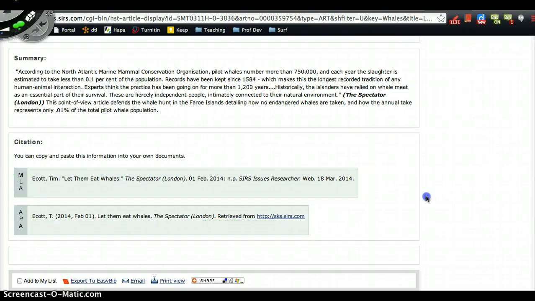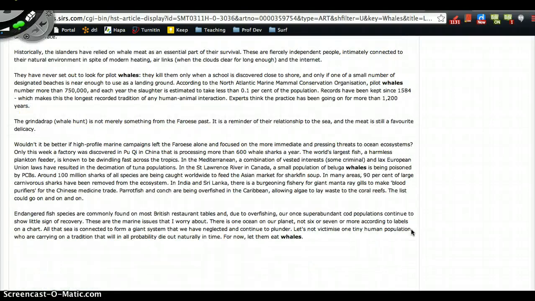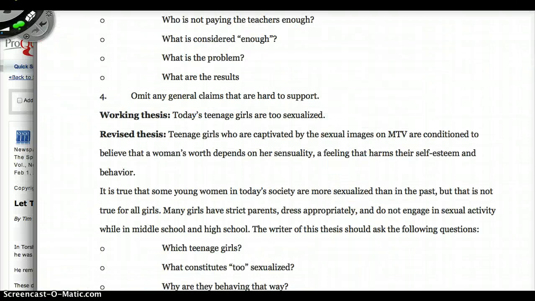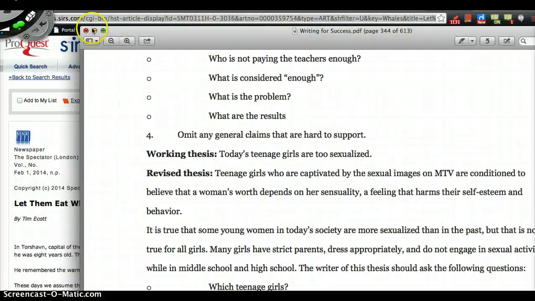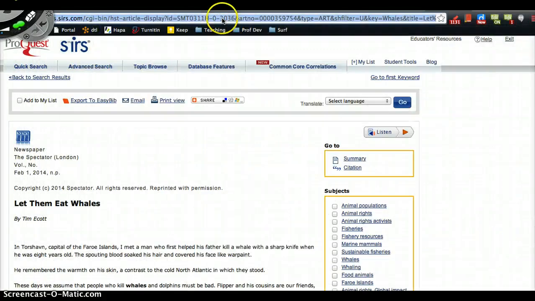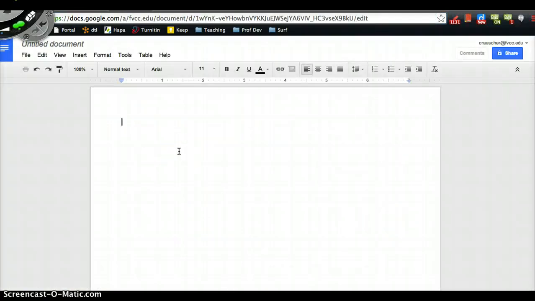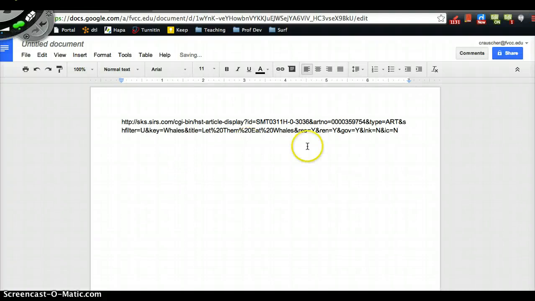Now the next thing, if you take a look up here at the top, this is your URL. Let's take, and I want to copy this big URL. So URL is the address, the physical web address. So if we go over here and we create a new document, let's pretend that this is our writing portfolio. If I copy and paste this URL in, that doesn't look very nice. But if I said instead,